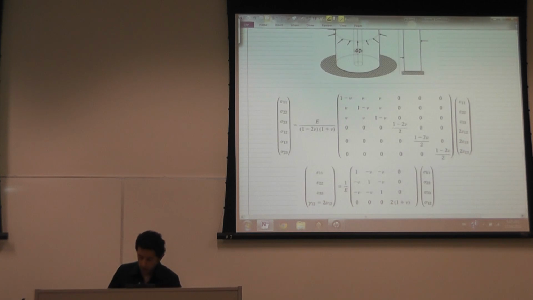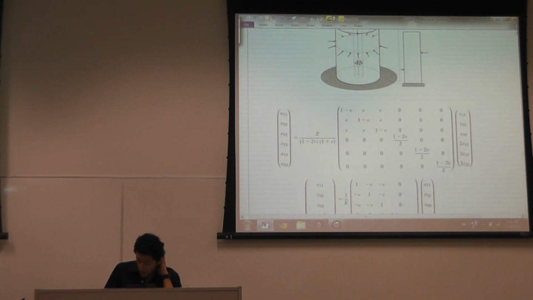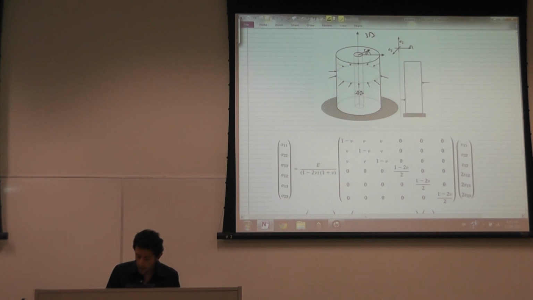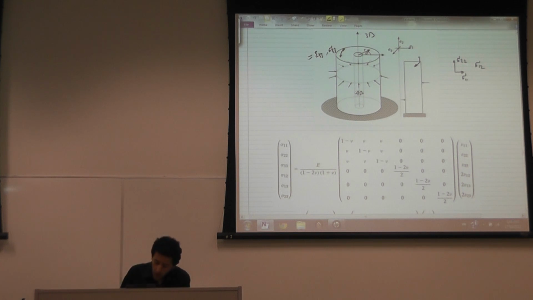Now I make it into a 4x4 because in an axisymmetric problem, I have sigma 1,1, sigma 2,2, sigma 1,2, and sigma 3,3, and epsilon 3,3. And epsilon 3,3, in this case, is related to the outward displacement,